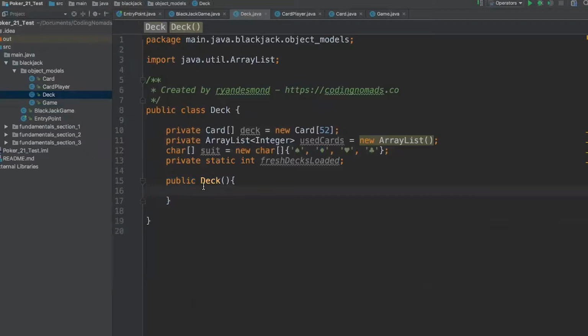So when we create a new deck, we want to go ahead and load it. So we'll say loadFreshDeck, and that'll be a method because there's going to be a bunch of code needed there. So I'll go ahead and create that, Alt-Enter. And then we also want to increment this freshDecksLoaded static variable that we have. So in loadFreshDeck, we'll